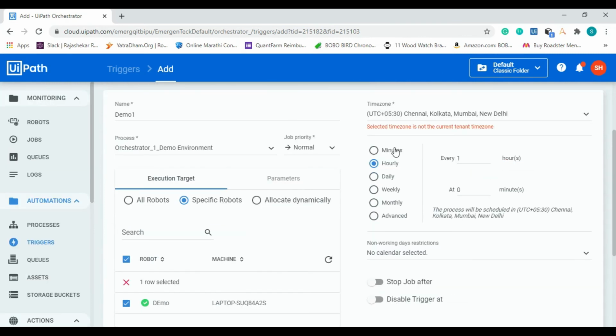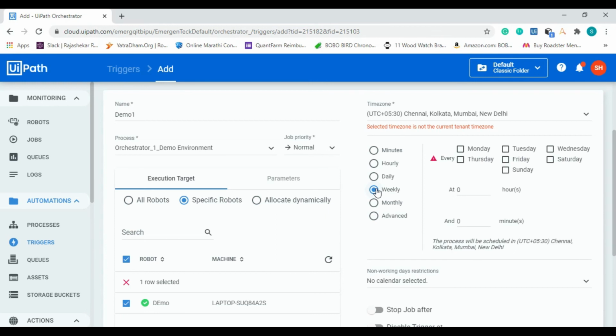Then you can set that the process should run after every 1 minute or suppose 1 hour. So click on the hourly basis. Suppose there is one daily process at 6 a.m. or 6 p.m. we can say. So click on daily and just specify a time over here, that is 6:00 means 6 a.m., or if you give 18 it will take it as 6 p.m. Likewise, you can schedule a process on a weekly basis.